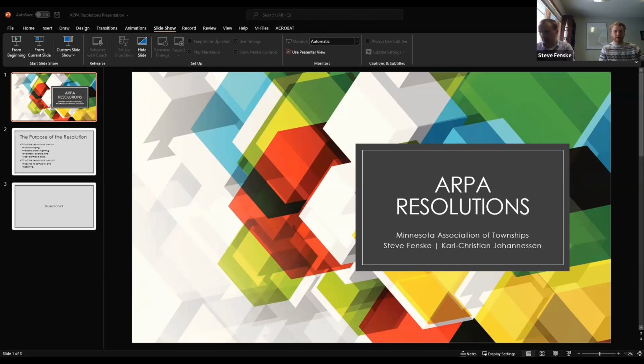It's for record keeping. So yes, you'll have it in minutes that we spent ARPA funds on XYZ, but you can also have these resolutions. They're quick, simple. There aren't a lot of spaces to fill in. It shouldn't take much more than 2 to 3 minutes at a meeting to just fill in the couple of spaces. And we'll go into what those areas are going to look like.